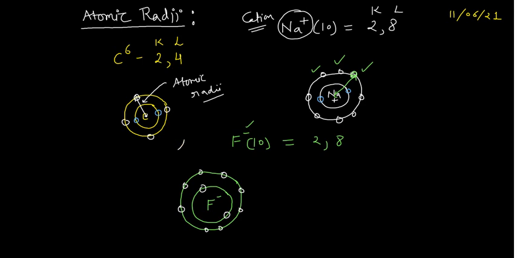This is what? Anion. The species which have a negative charge are known as anions. So if you want to know the ionic radii of an anion, you take the distance from the nucleus to the outermost electrons, and that distance would be your ionic radii. This is your ionic radii, and this is your ionic radii. So this is the concept of atomic radii and ionic radii.